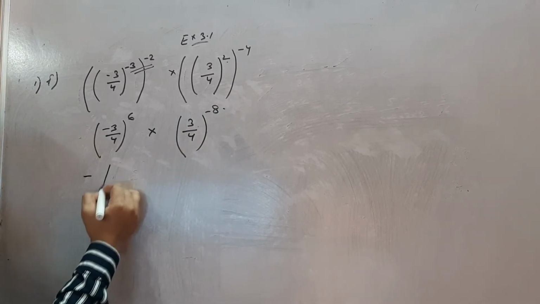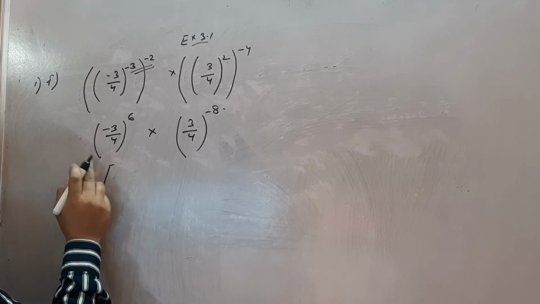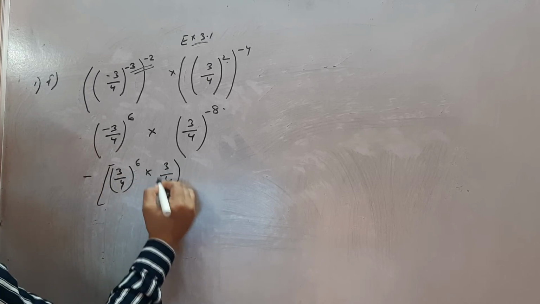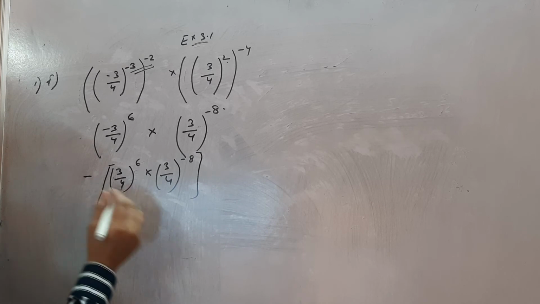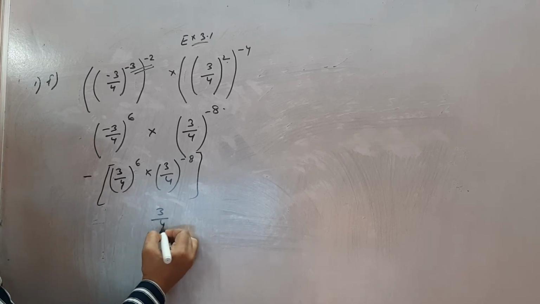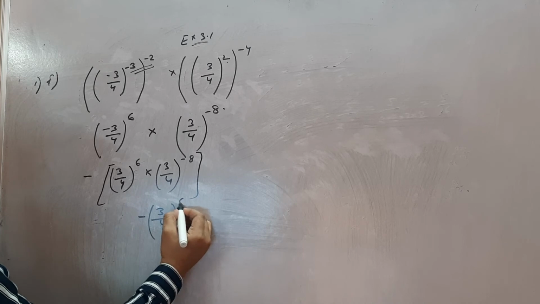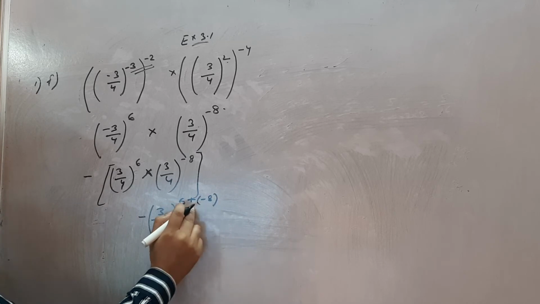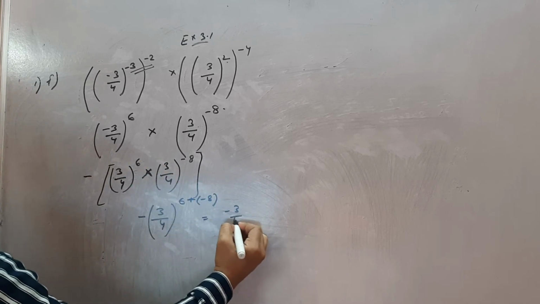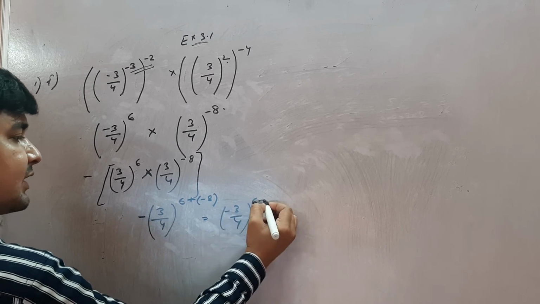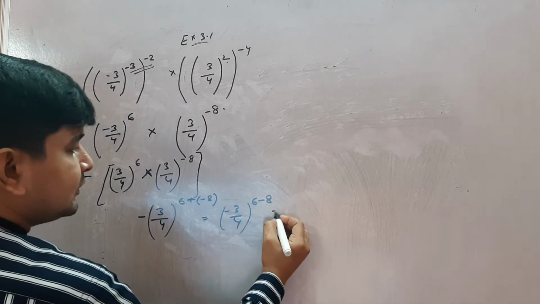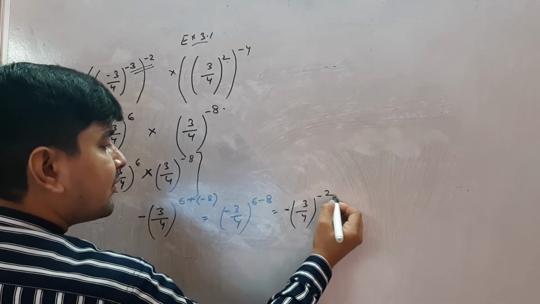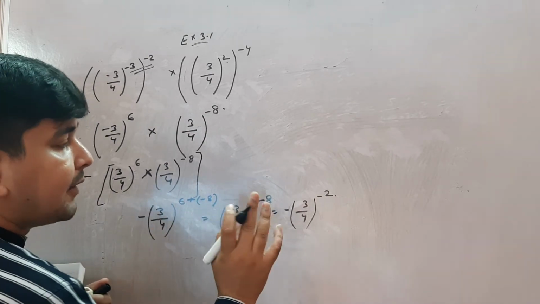taking the minus sign as common or outside, so it is 3 upon 4 to the power 6 into 3 to the power 4 upon minus 8. Clear? Both bases are same, so 3 upon 4, this is your minus sign here, 6. We know that when the sign is multiply the power is added, plus minus 8. So the answer is minus 3 upon 4, 6 plus minus 8, so it's minus 3 upon 4 to the power minus 2. Clear? Power is minus 2.